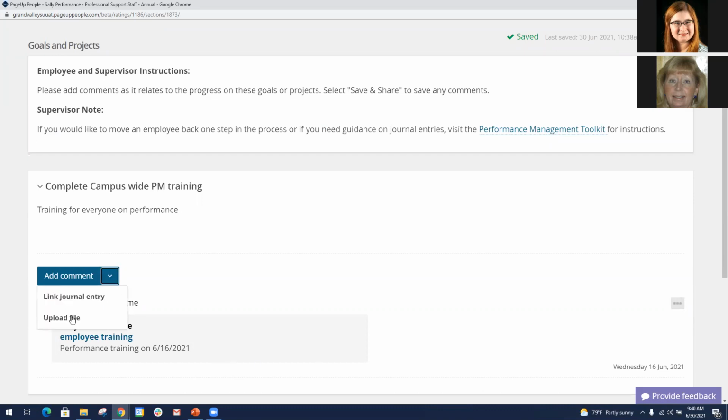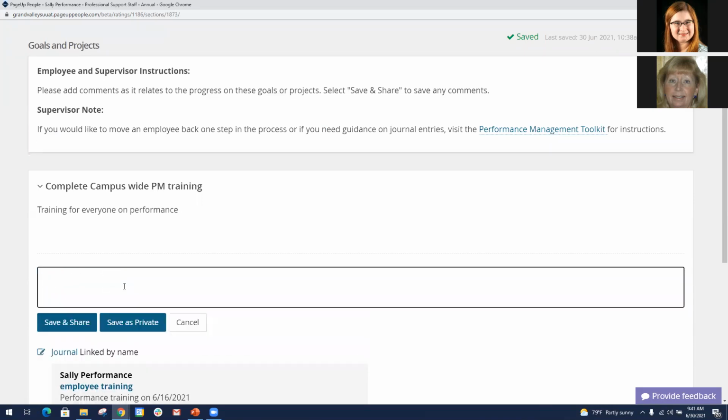They have the ability to upload a document. So maybe they want to show you the number of people who they trained. So they put together a document. They can upload that document that also reflects the number of folks who have completed the campus-wide training. Or they can just simply add a comment that says,